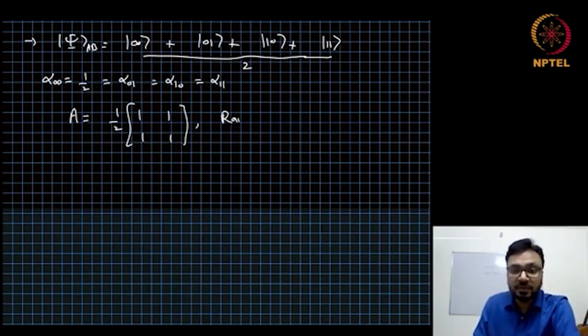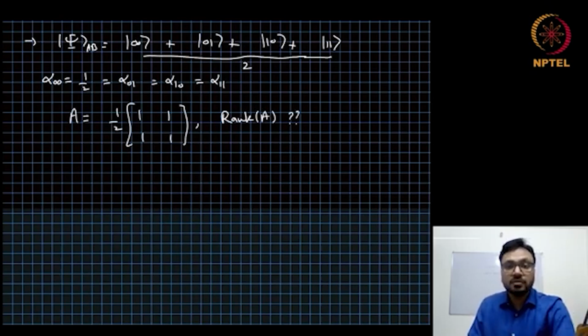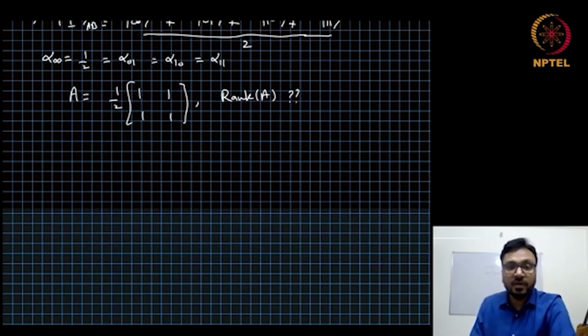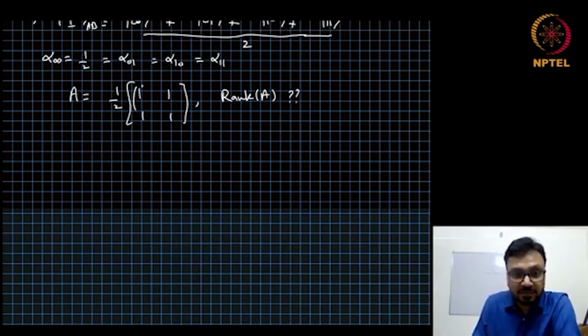Now the question is, what is the rank of the matrix A? To find the rank of the matrix, we see how many independent rows and columns we have. We have one column here, and we have the same repeating. So we have only one independent column, and similarly one independent row. So the rank of